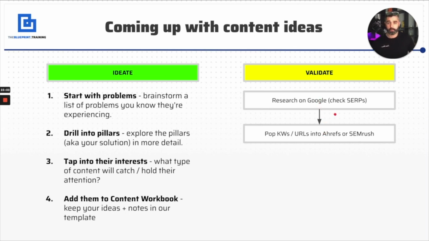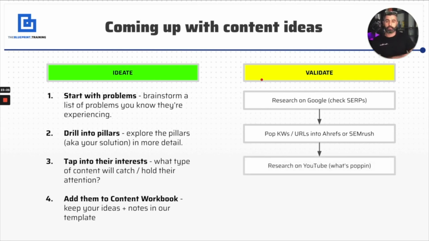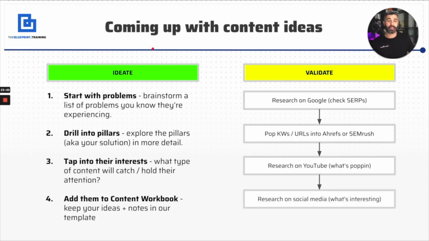Our main thing here is going to be pushing it quickly through social media and advertising, but the long-term play is always going to be organic search. You already know that. After that, I like to do some research on YouTube too, because video conversations are always a little different than blog post conversations. I see what's popping, if people are talking there, if there's an angle for us to create video content around it, if people are searching for it and getting a lot of views around this topic, and then social media as well.